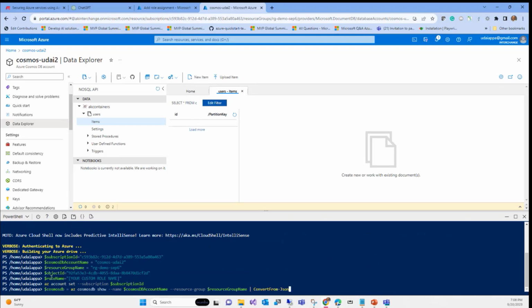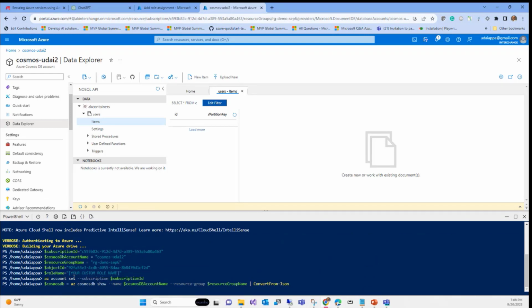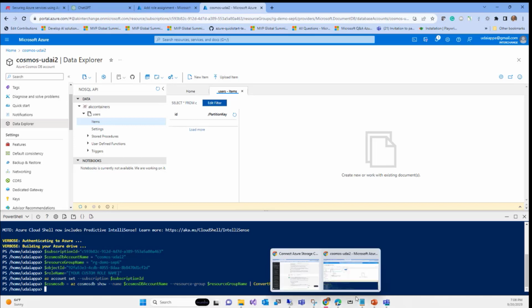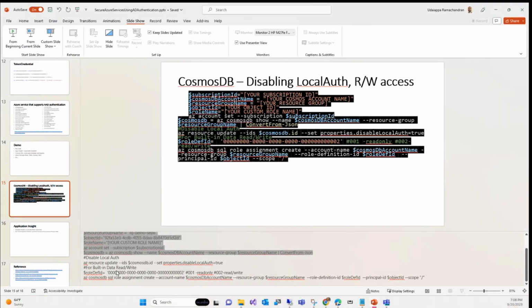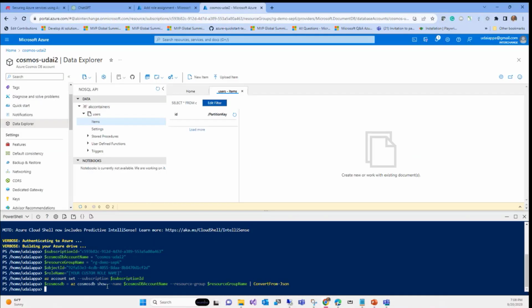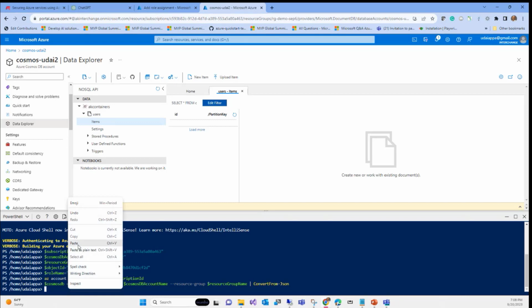In this parameter, we are not using the role name, so don't worry about it. We have the CosmosDB instance, and then we're going to go back and copy this role def ID. I'll come back to how to disable the local auth and the side effects. I'm going to grant access to the root. And then I go back to the script over here and paste.